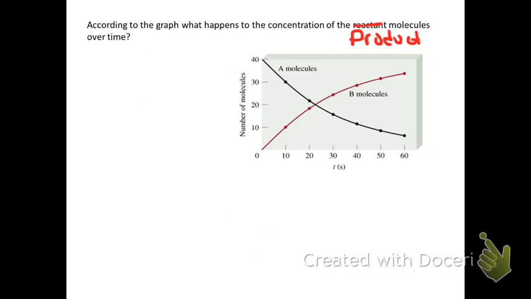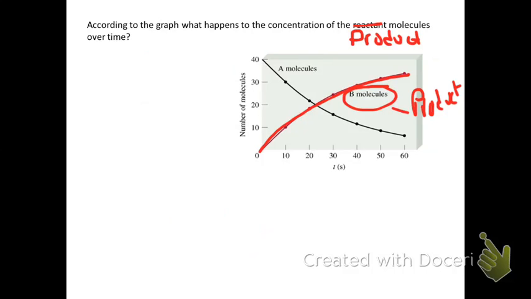Alright? So we know that molecules A is the reactant, so B must be the product. So what's happening to the concentration of the product over time? Well, it's increasing. So again, I would write down that as a reaction proceeds, the product concentration is going to